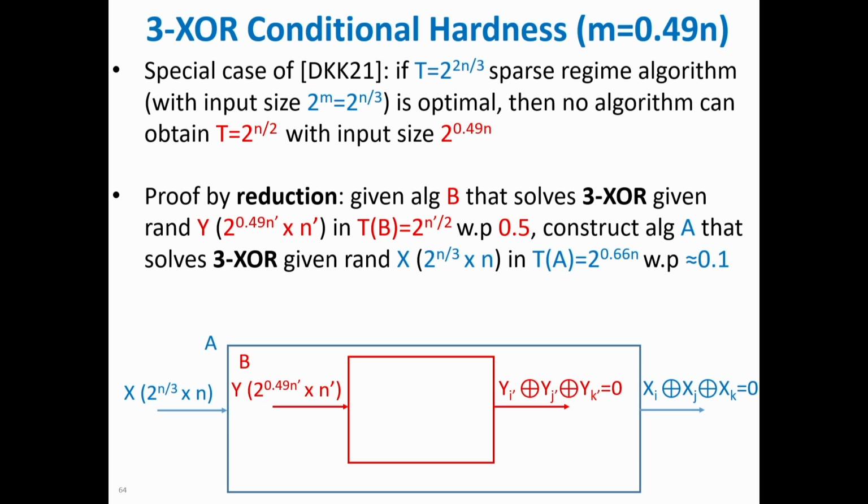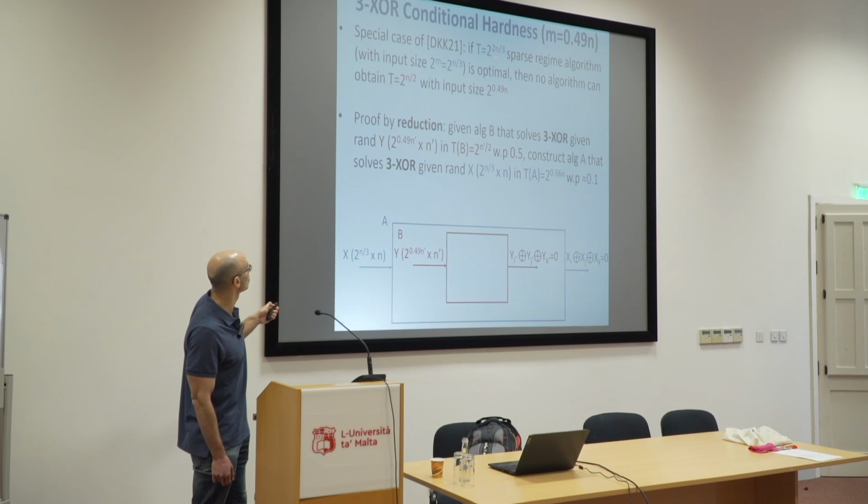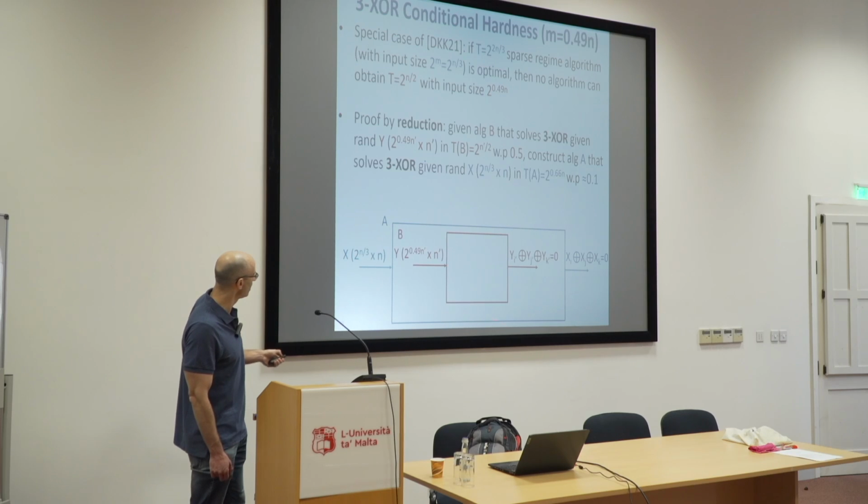So it gets this input, and it can produce outputs like k-XORs in time complexity 2 to the n prime over 2. So we assume in contradiction that we have this red algorithm for the dense regime. Now we want to design from it an algorithm for the sparse regime that does better than the trivial algorithm, that has time complexity better than 2 to the n over 3. So we're going to build from this algorithm an algorithm A in the sparse regime